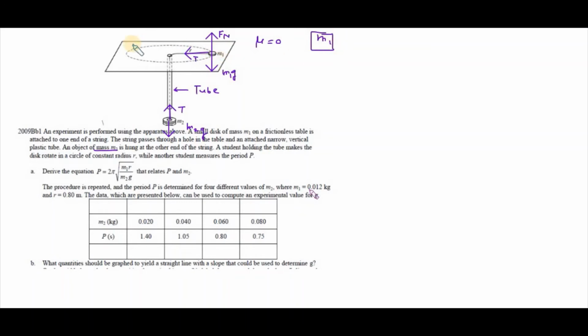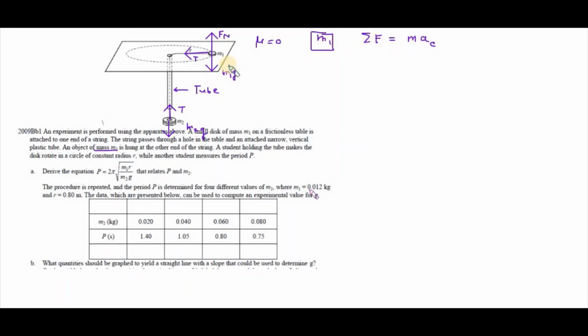Since it is making a rotation of constant radius r, we can say it is executing circular motion, and during circular motion we know there is a force exerted radially inward, and that force is known as the centripetal force. Now according to Newton's second law of motion, the net force exerted on the particle should be the same as mass times acceleration. At present the acceleration is nothing but the centripetal acceleration.